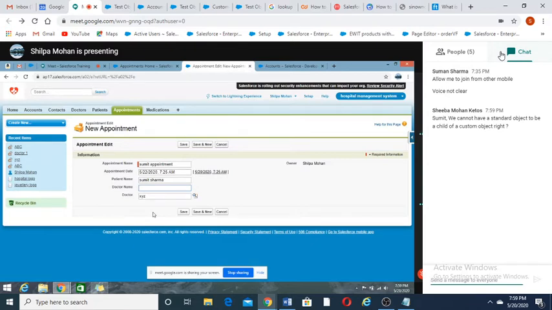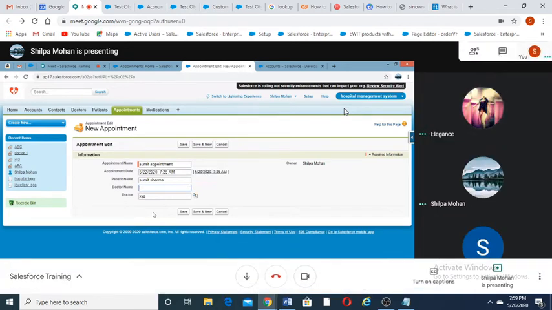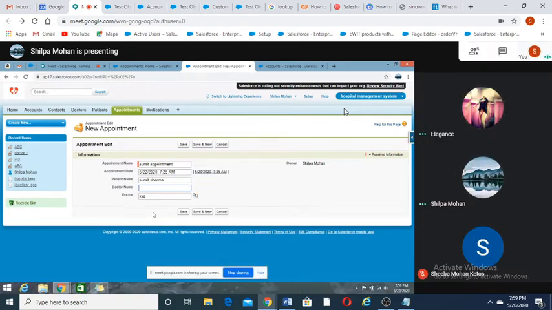In a lookup relationship, it's not a mandatory field, and a lookup relationship should always be created on the child object. And if you delete the child object, the parent object will not be deleted. Okay, fine. Save this record.